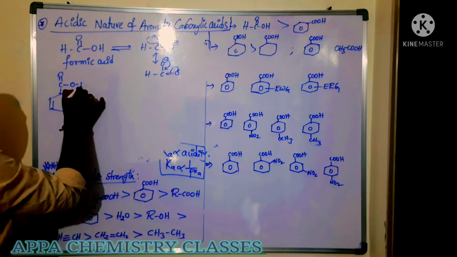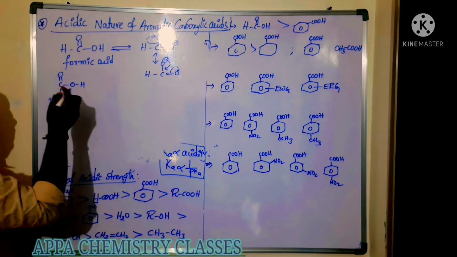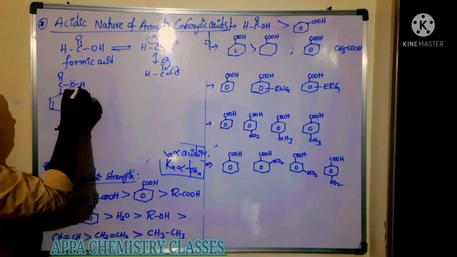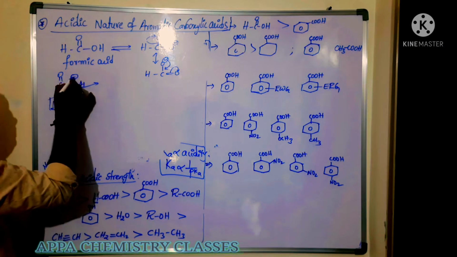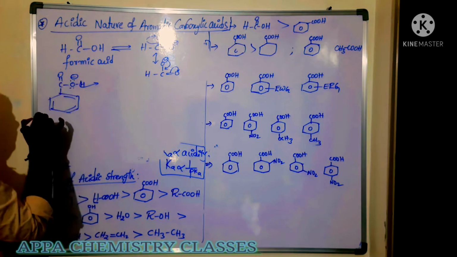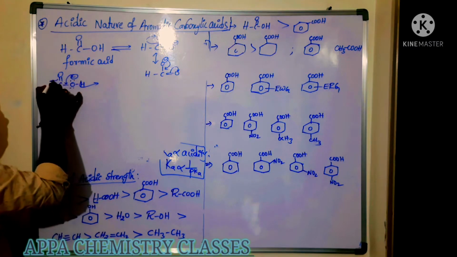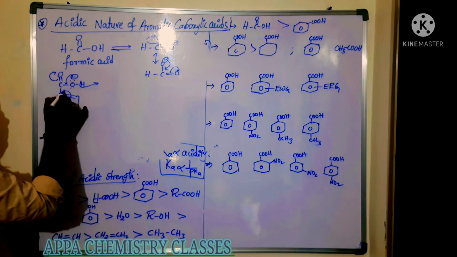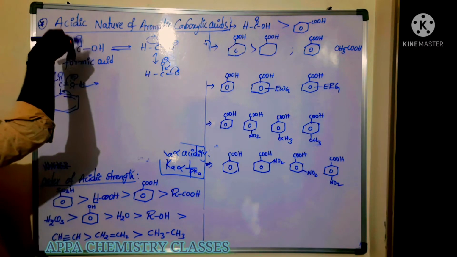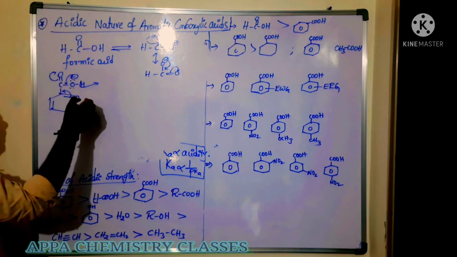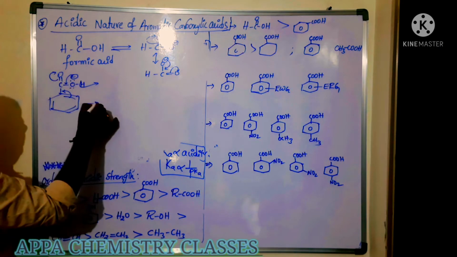So this benzoic acid withdraws the electron. Sorry, here in benzoic acid, what happens? It loses the proton, getting a minus charge. Whenever we get the negative charge, that negative charge will shift here. These are electron withdrawing groups, they will withdraw the electrons. Okay? Then what happens? We get a positive charge here, in the carboxylate ion.